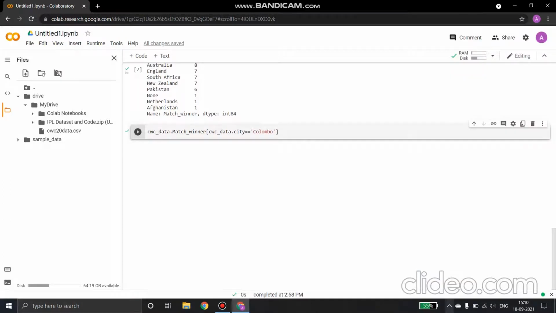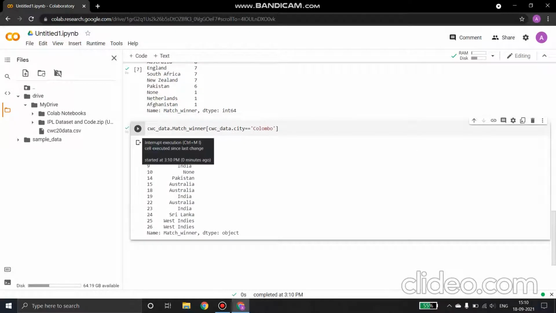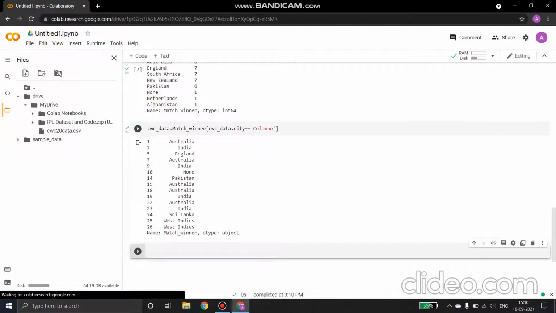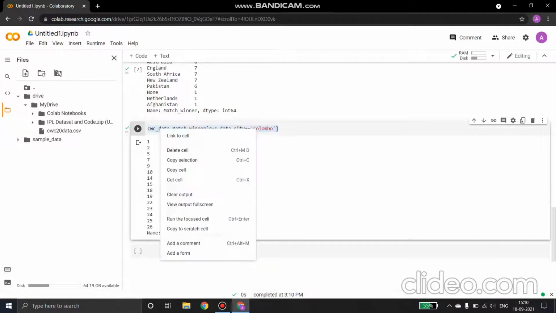Okay, so let's run this cwc underscore data dot match winner. So here are the list of match winners who have won matches in Colombo: Australia, India, England, Australia, India, once again India, Australia. These are the list of teams who have won the matches in Colombo, and similarly, if you want to see for any other city, we just simply